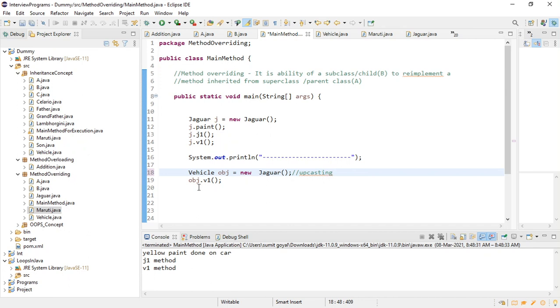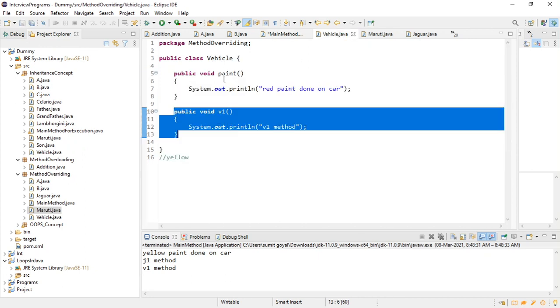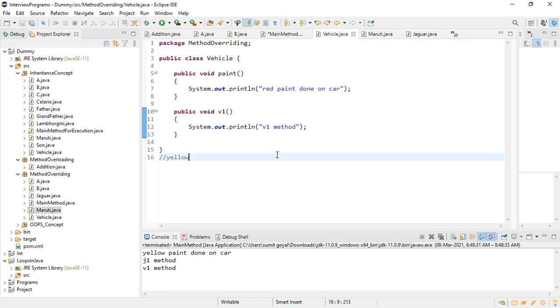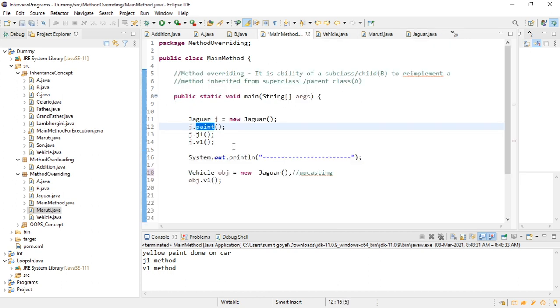But if I talk about the method which has the same name, this method has the same name here and here as well, right? So as we are doing method overriding, and if I write, we are also doing the method overriding here, and it is calling the method of the child class because both are the same, that is okay.